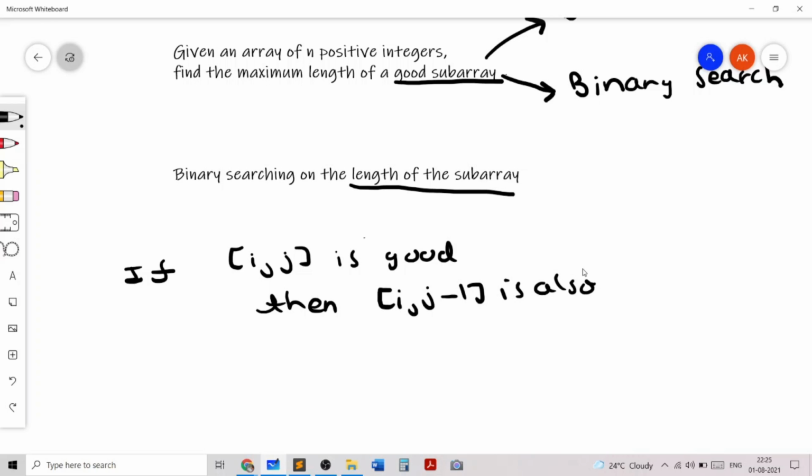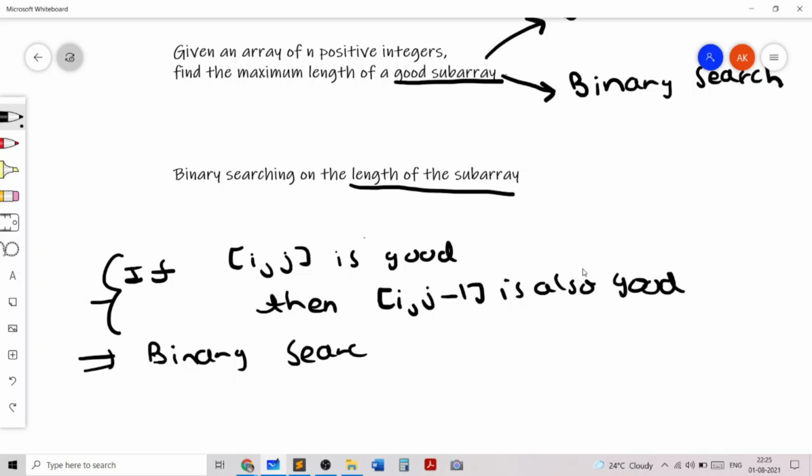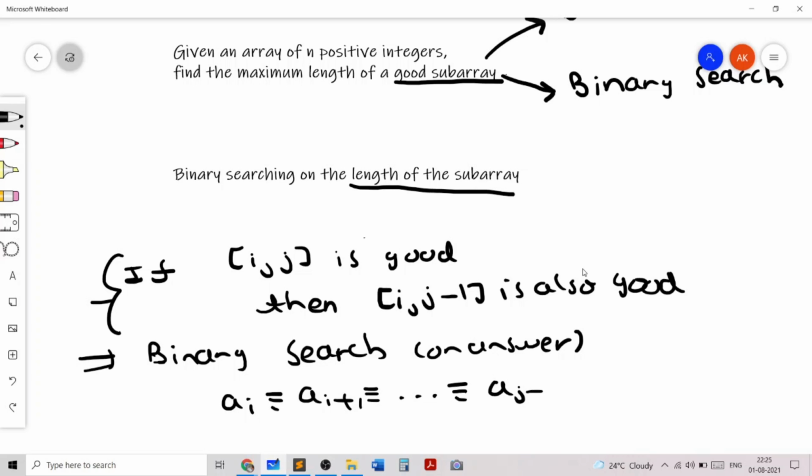And if you know about binary search, then you know that these two conditions imply that binary search can be used. If you don't know this, you should review binary search, because this is the basic concept of binary search on answer. This can be proved by just considering the fact that a_i is congruent to a_{i+1} is congruent to all the way to a_{j-1} is congruent to a_j mod m.